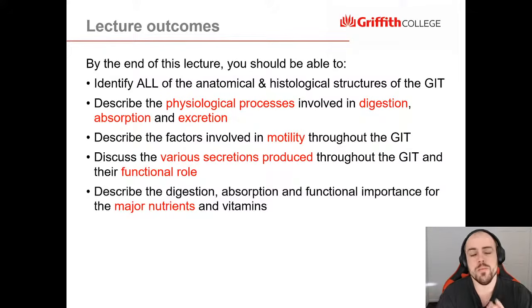Because why? Well, we need fuel. This is what all this comes down to with the GIT, is that we need a way to fuel and power our system. It's all well and good to have the best factory in the whole wide world. Let's say we are